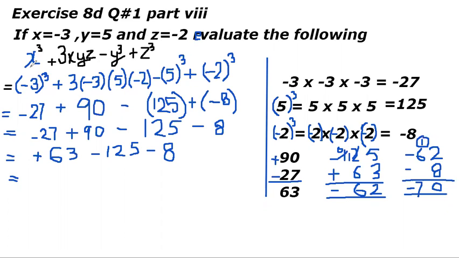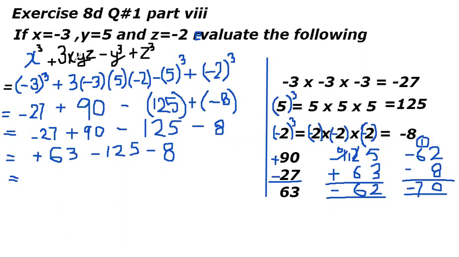In the first step, we have to replace the variables by numerals. x is the variable, and the value of x is minus 3. So instead of x, we will put its value, minus 3, because x is cubed, minus 3 will also be cubed, plus